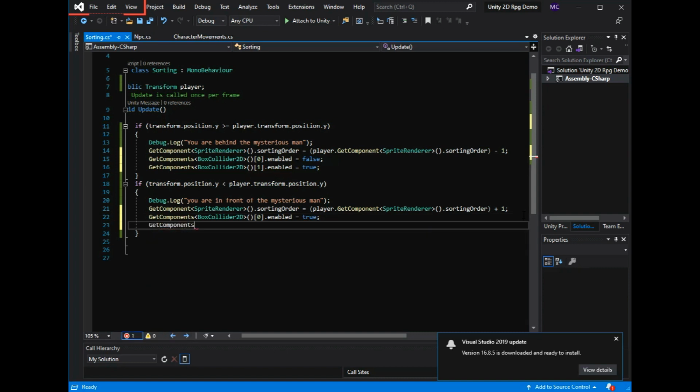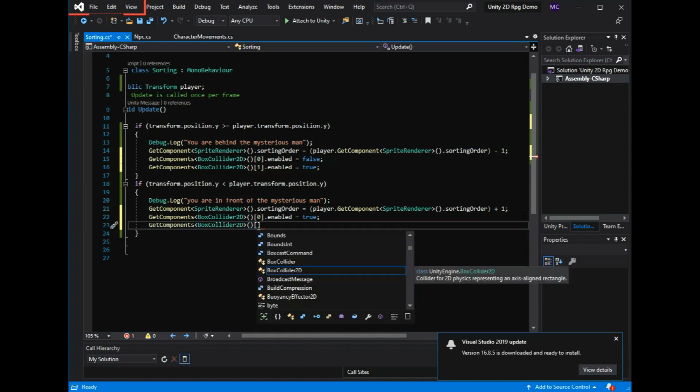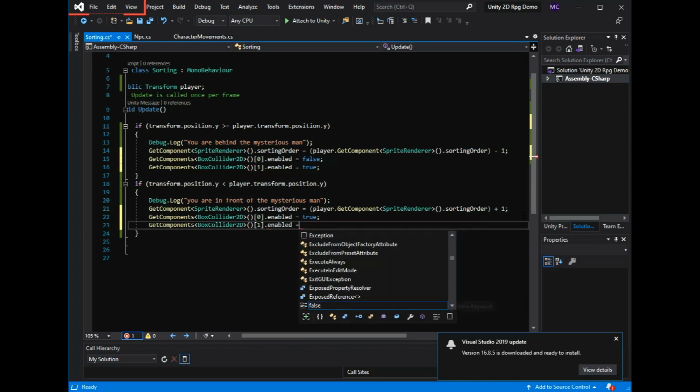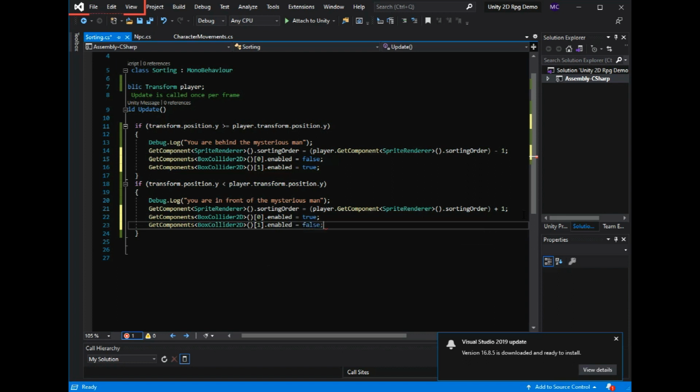Get components. Same thing. Box collider 1 enabled equals false. So the reason we do this is to turn these box colliders on and off. So this literally goes through the array list in the game and it looks for which one is which. So 0 is always your first one. Doesn't matter what you do, array lists start at 0. So then 1 is going to be your second one. So we save this,